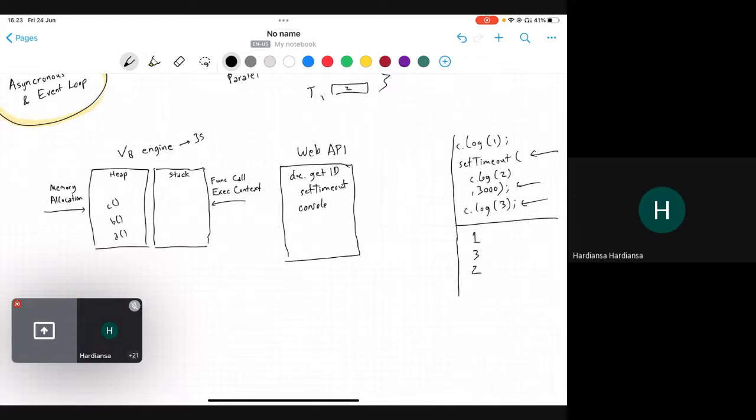Console log, it's from the browser directly or Node.js. So maybe sometimes, for example, Chrome launches a new feature, like console.table. We have table now, but let's say it's a new feature. We are able to show the log as a table. We have a new feature, console.table, but it's still not supported in other browsers because just Chrome provides that web